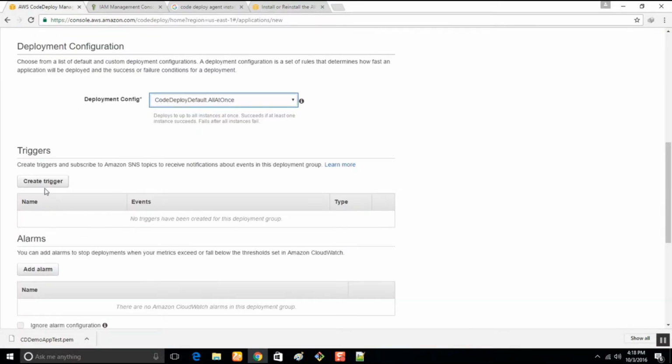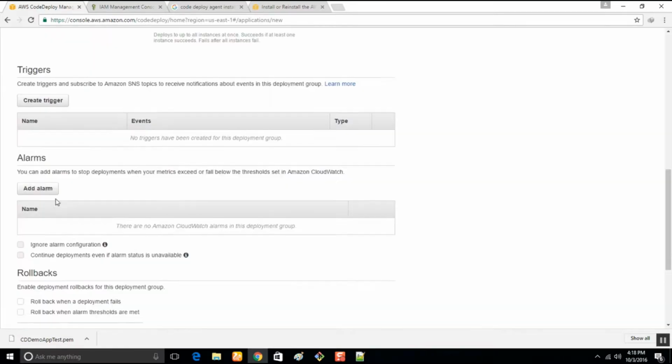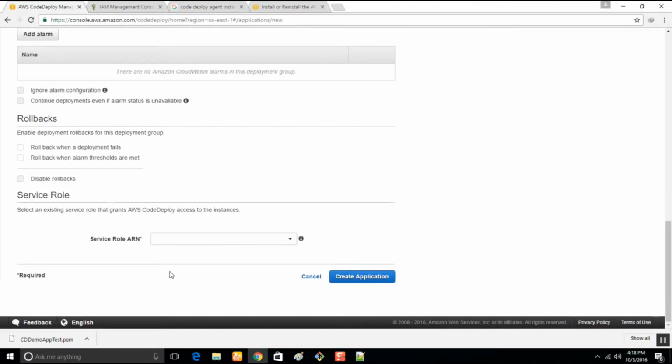We don't need any triggers. You can create an alarm which will trigger a notification in CloudWatch, which you can hook with Simple Notification Service, so that you get a trigger whenever a deployment is ready.